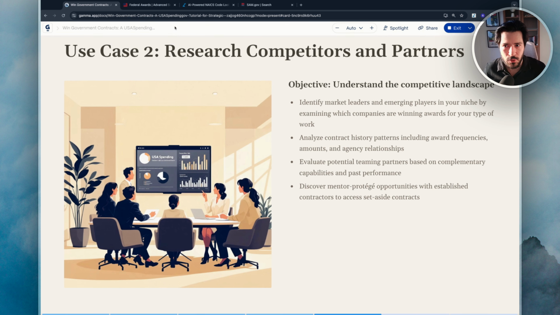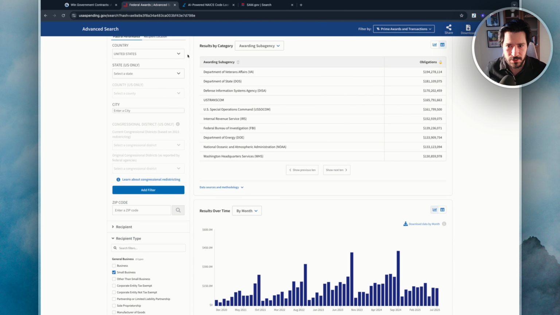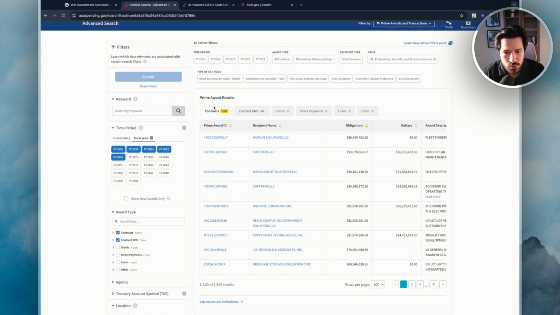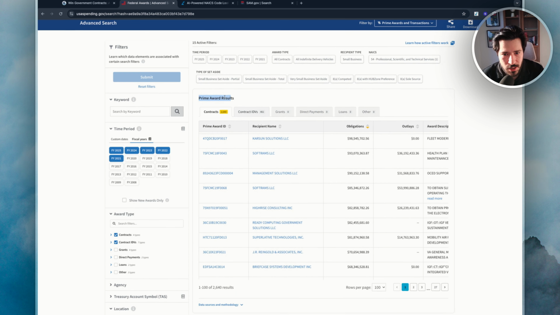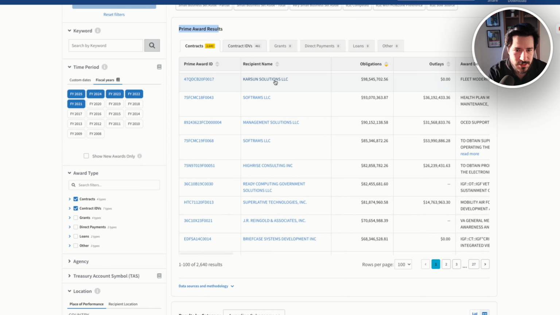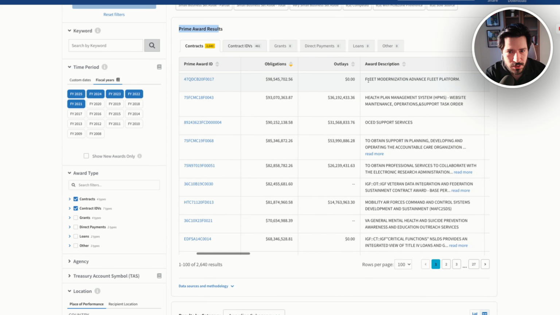So I would argue it's even more important to actually be on USASpending.gov and finding these companies. So the same way we search for agencies, what you want to do is scroll to the top, and then here find Prime Award results. Here you're going to find all the contracts that have been awarded in the past, and you can see here the business name. Each one of these businesses, you're seeing the contract, the award description, and how much